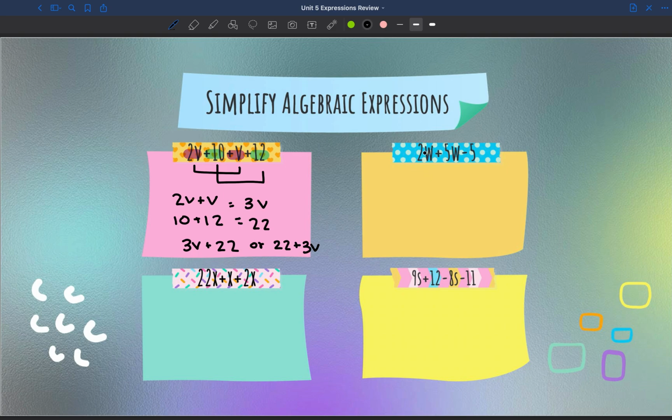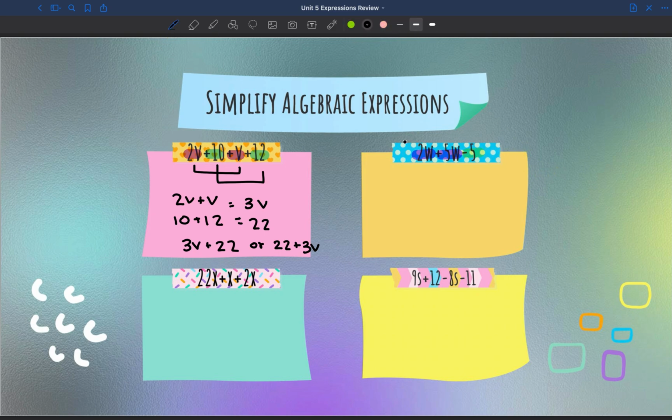Looking at this next one, it says 2w plus 5w minus 5. Go ahead and stop the video and try this on your own and see if we'll come back and see if we have the same exact answer. So working with algebraic expressions, we always need to find like terms first. Well, we know that 2w plus 5w are like terms, and we know that negative 5 is its own like